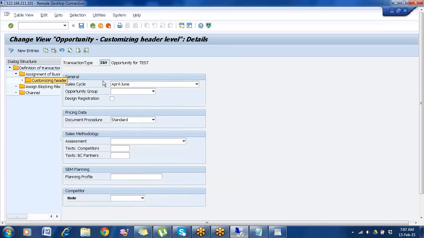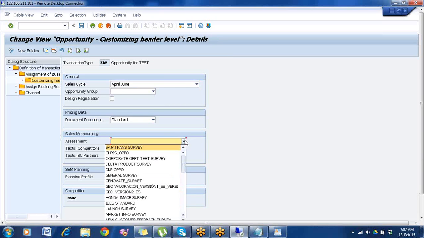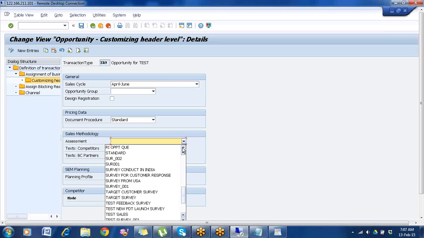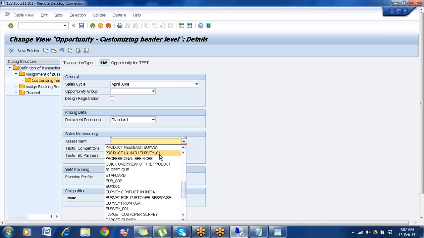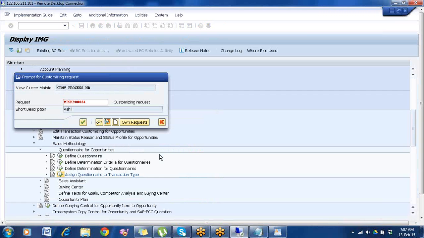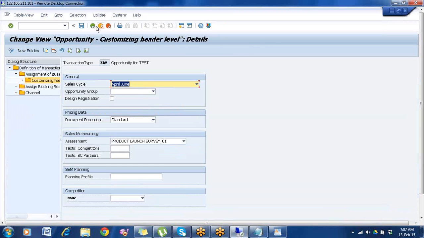Same method that we have followed for the sales cycle. By the same method you can assign the questionnaire also. Select and choose your questionnaire. And save it now. Control S, enter. It's done.